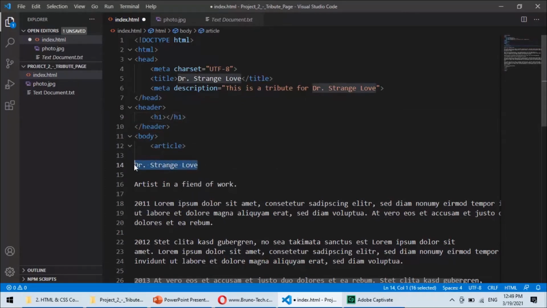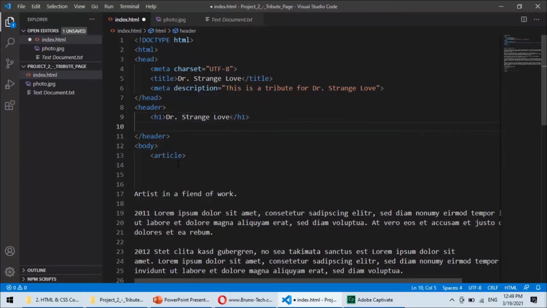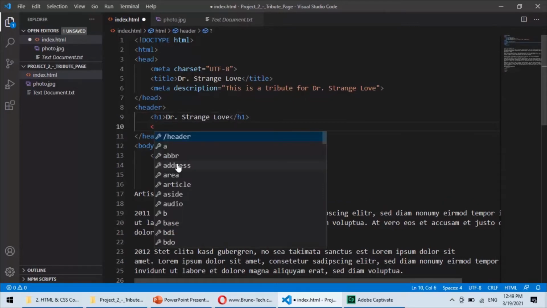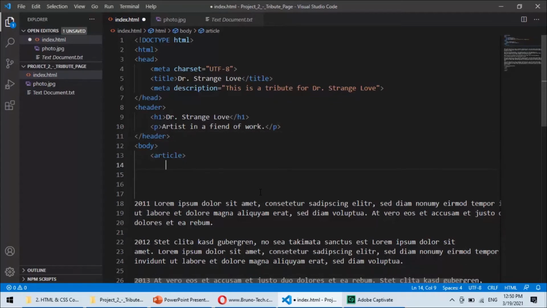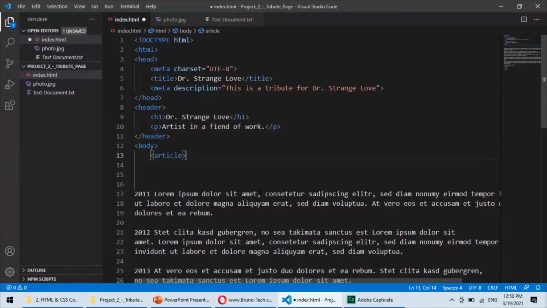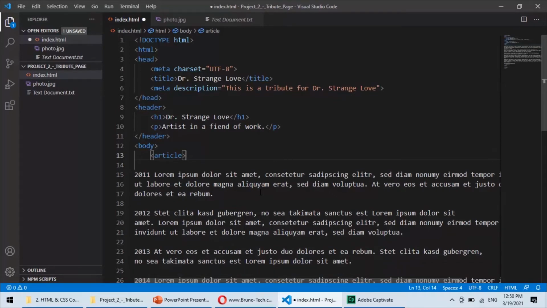Control-X to cut, Control-V to paste, or you can do it manually, of course. And here comes also the description of the picture. So we're just going to do it as a paragraph. We're not going to use it for anything else. So I'm just going to mark it here, Control-X, and paste it here. So it's all there. Of course, there's a picture coming in as well, but we just need to work quickly with the text here. So these are the attribution things that are coming, and they are listed